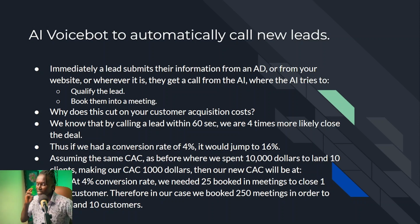So the next one is an AI Voicebot to automatically call new leads. Okay, so immediately a lead submits their information. It could be from your Facebook ads, Instagram ads, LinkedIn ads, or it could be from your website. Wherever it is, they get a call from the AI immediately. Okay, not immediately, let's assume a 60-second delay. So they've clicked submit to provide their email, phone number and name, and after 60 seconds they get